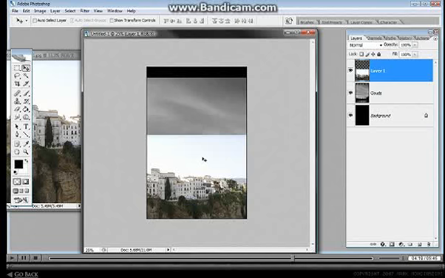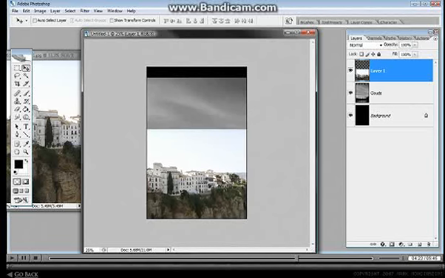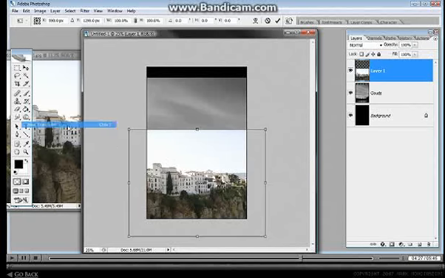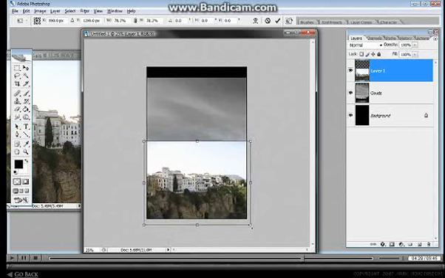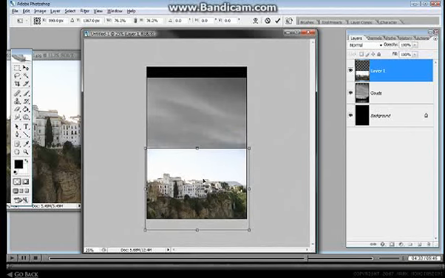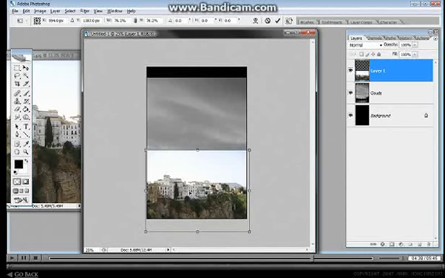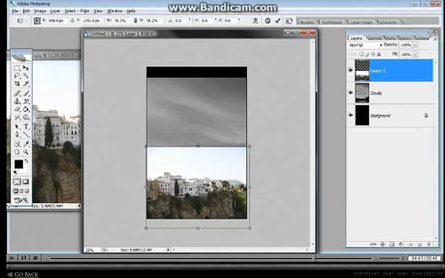Now we're going to actually see this building here in this image. We want to see it anyway, but so we're going to have to resize it so we can see most of the building, just so we get the entire building. I'm sure it's more than one building. It's not one building, but it's probably a bunch of houses and stuff. But I'm going to go ahead and move this down, and